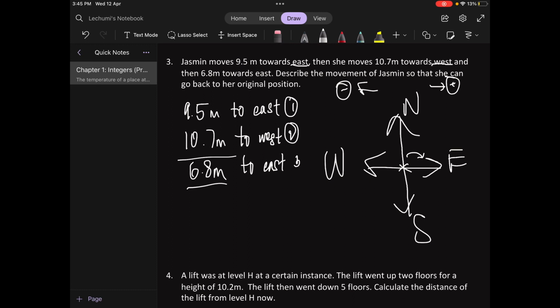So for this question, you don't really have to visualize much. You can just write a mathematical equation based on the direction and the negative positive symbol. Of course, since she's moving, you're going to add everything. The only thing that you're going to change is whether it's negative or positive. So starting from the initial position, Jasmine moves towards east for 9.5 meters. So east will be positive. So we just write down